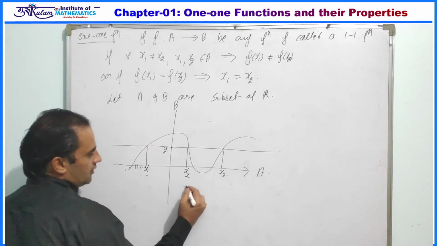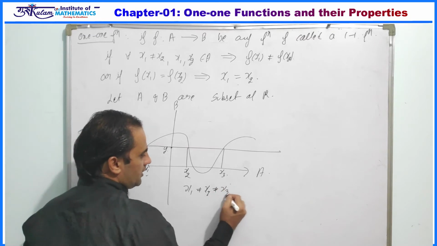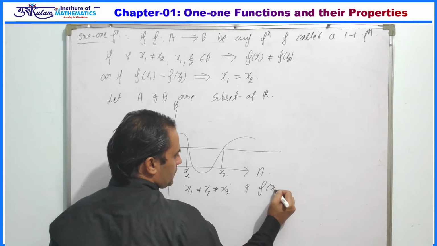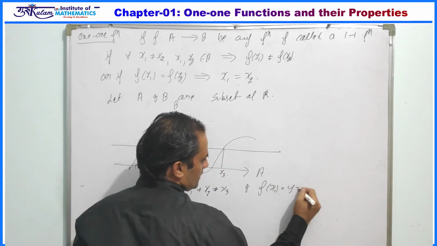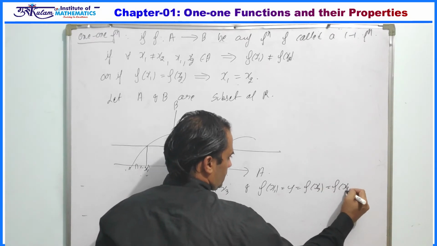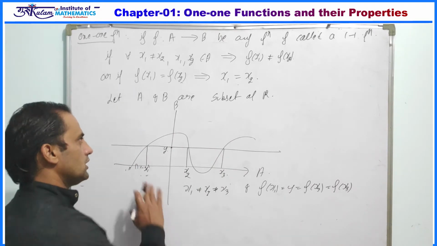That is, x1 is not equal to x2, which is not equal to x3, and f(x1), this y distance, is the same as f(x2), which is the same as f(x3). That is, distinct elements have the same images. So this is not a